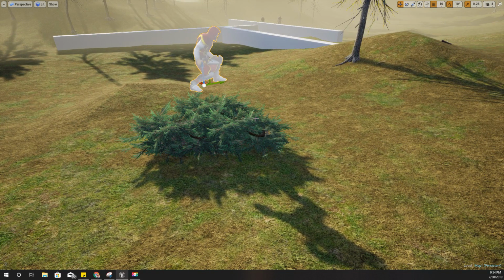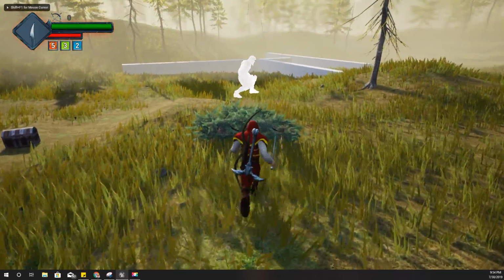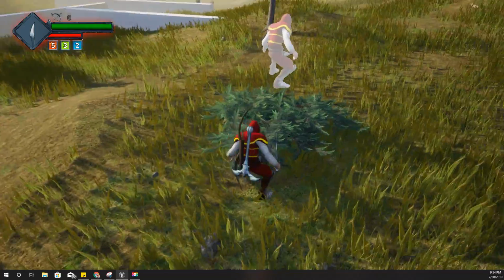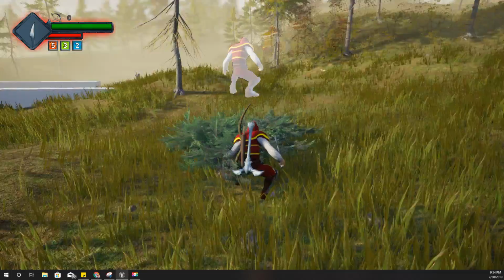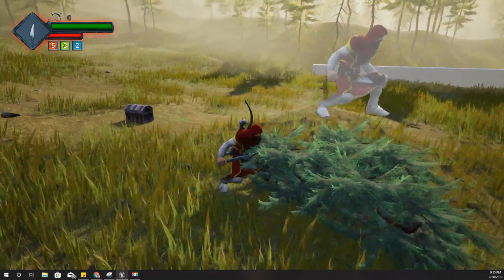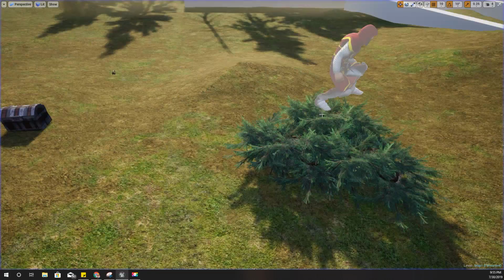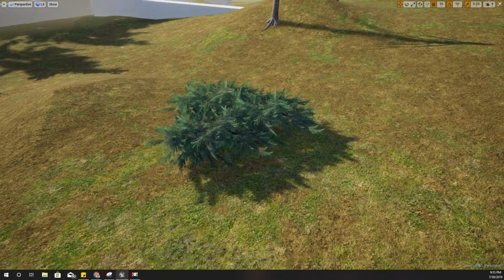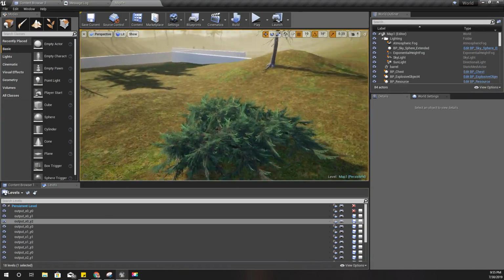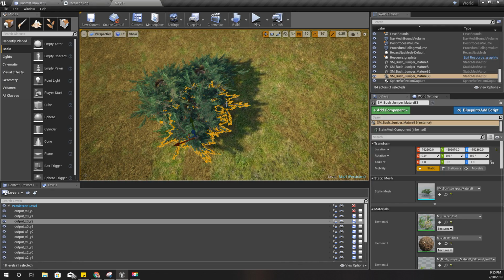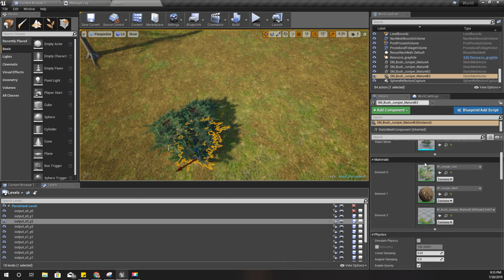So what I want to do is when I walk into these trees, my character should be able to walk through them, and the material should be changed to the one that we implemented yesterday. Okay, so first thing is, in order to be able to walk through these bushes, for now if I want,